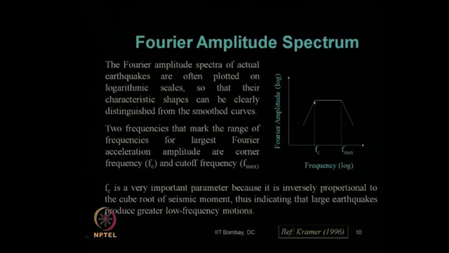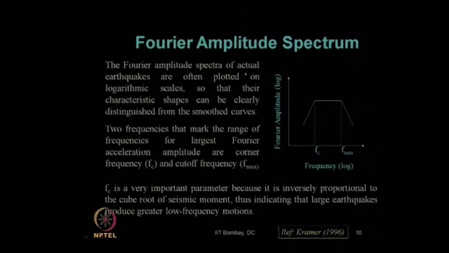So, you will have a constant Fourier maximum amplitude, which will range between two values of the frequency, denoted here as f c and f max. Let us see what those are. These two frequencies mark the range of the frequencies for the largest Fourier acceleration amplitude, and are called the corner frequency f c and the cutoff frequency f max. The corner frequency is the minimum value of the frequency at which the earthquake reaches its maximum